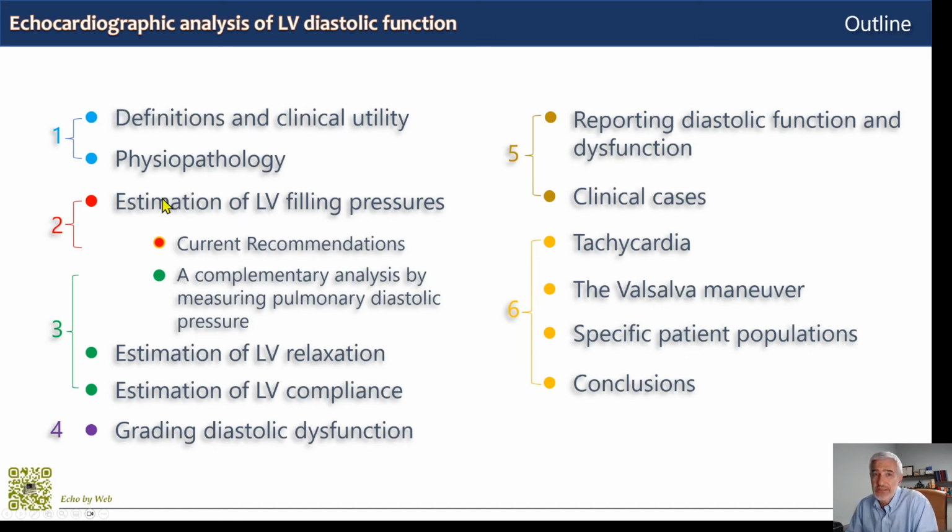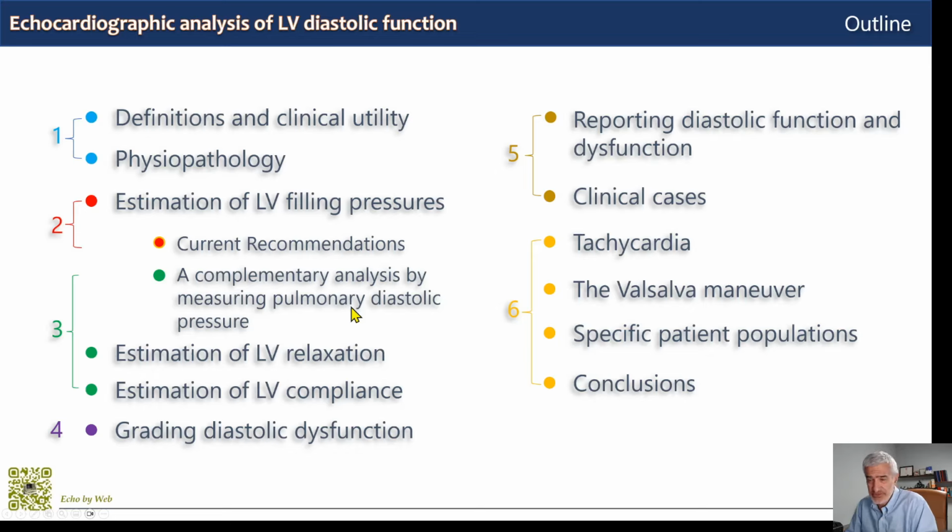In the second video, we will look at how to estimate left ventricular filling pressures with echocardiography, and we will look at the current recommendations, the 2016 and the 2025 latest recommendations on the echocardiographic analysis of LV diastolic function. The third video, we will see a complementary analysis which is based on the assessment with echocardiography of